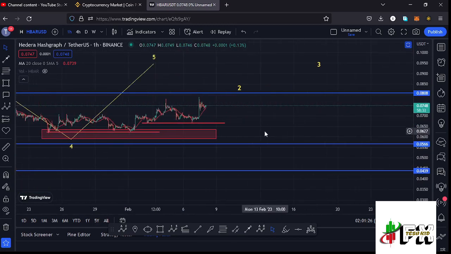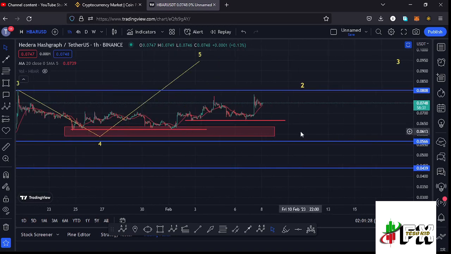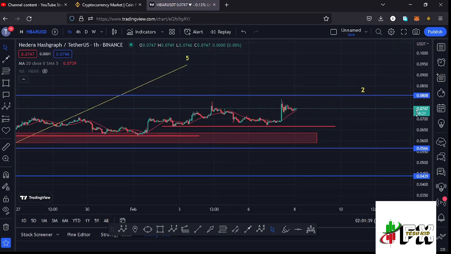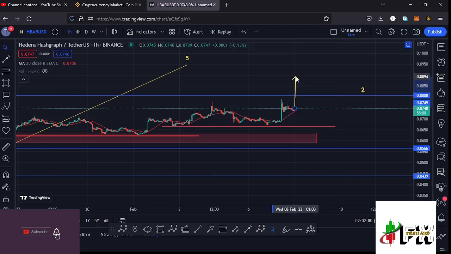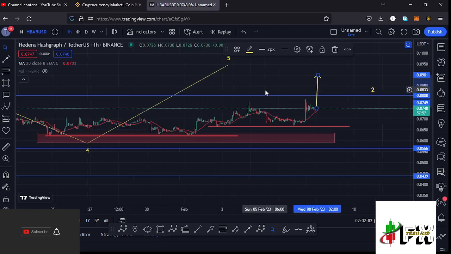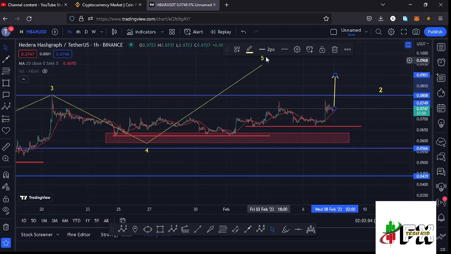And yesterday we saw a massive bounce to the upside, which gave us a break above the 20-day MA, which we are still holding here on the 1-hour chart. And there are chances that since we have the support of the 20-day MA here on the 1-hour chart, we might continue pushing even higher, get back to the key area, that is the high that we made in the formation of that wave 3 at around the $0.0808 mark. And once we manage to break above that high, then that will be enough confirmation that we might continue pushing even higher to fully maximize our target areas to the upside in the formation of this wave 5,